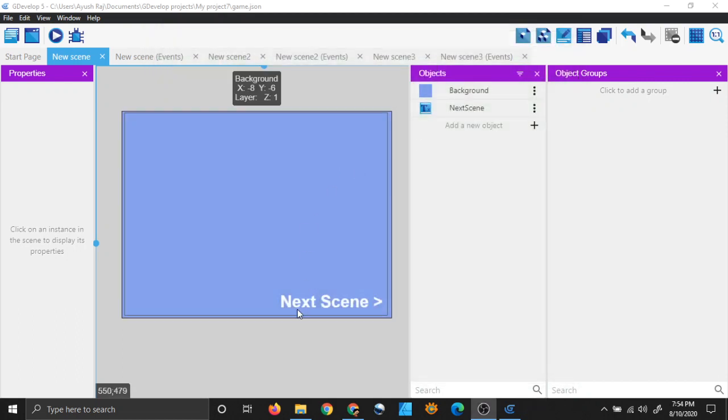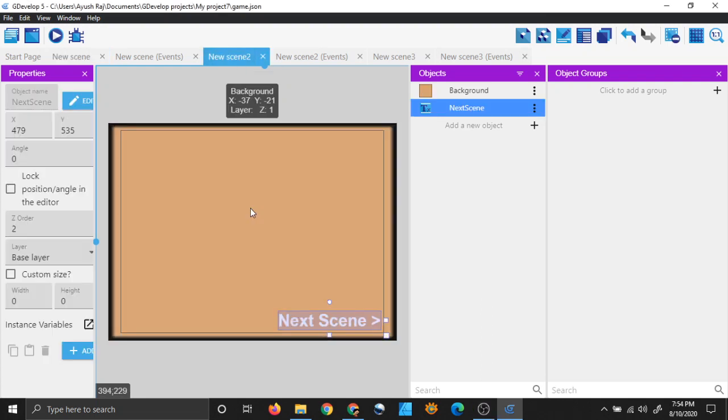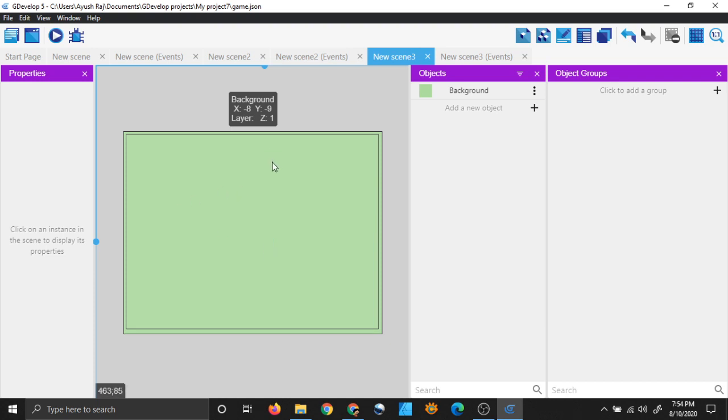So that's what's happening. I am playing one music file in this scene, and then when I am going to this scene, I am pausing that music and I am playing a new music here, right? And when I am going to this scene, then I am pausing the second music and resuming the first music from where it was stopped, right? So the music resumes exactly from the place where it was stopped. It does not restart the music. So that's what's happening here.